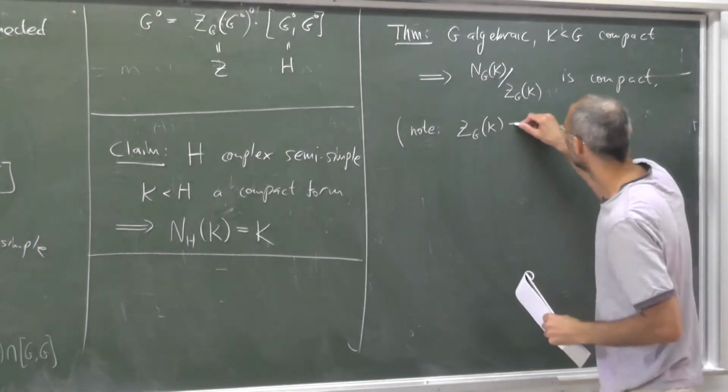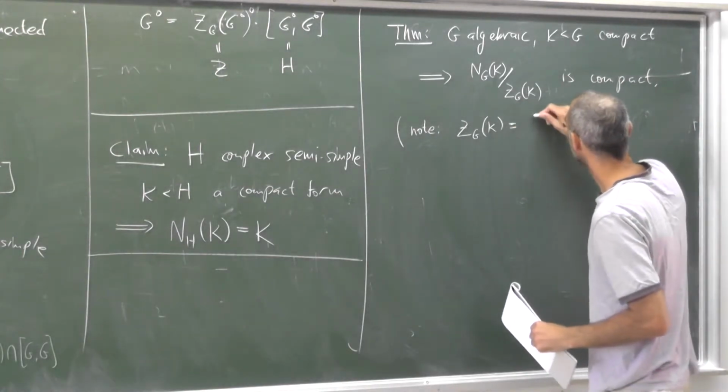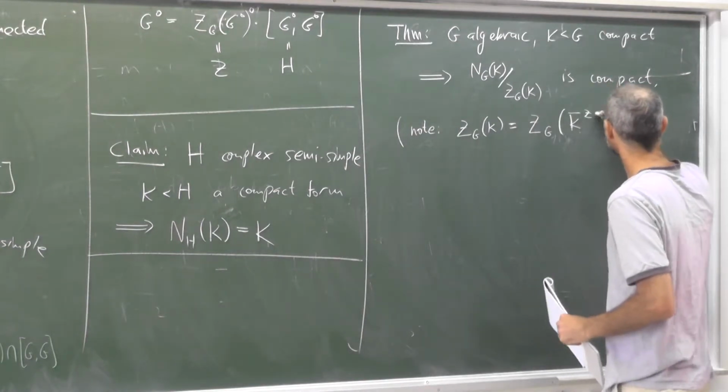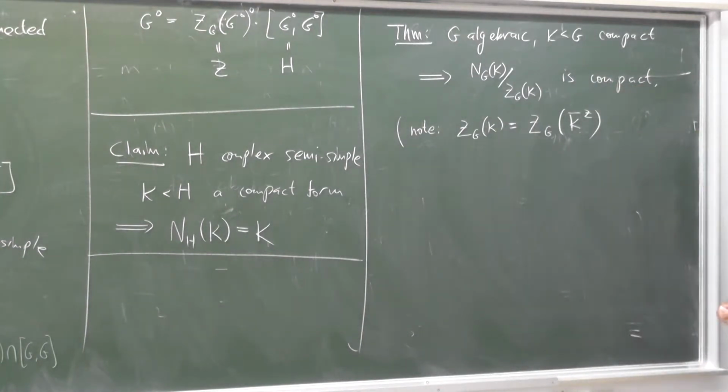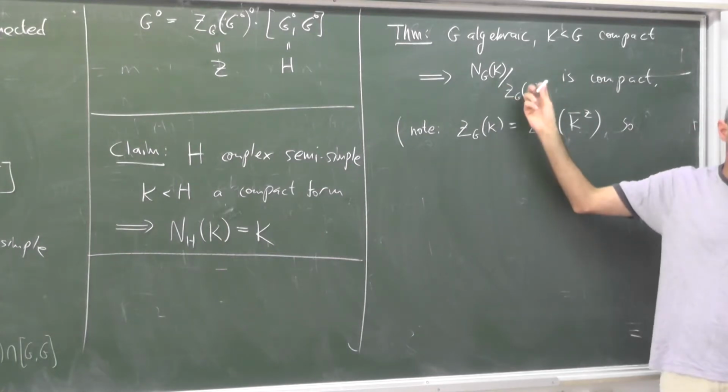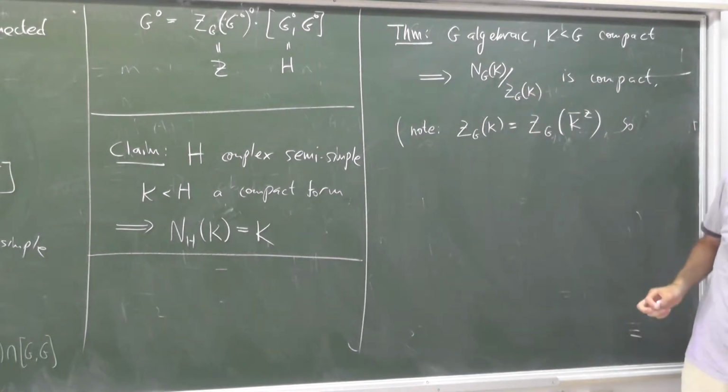And what I'm trying to say is that this is the same as whatever is commuting with the closure of K. So this is always algebraic. So I'm saying that this piece is always algebraic, and actually,